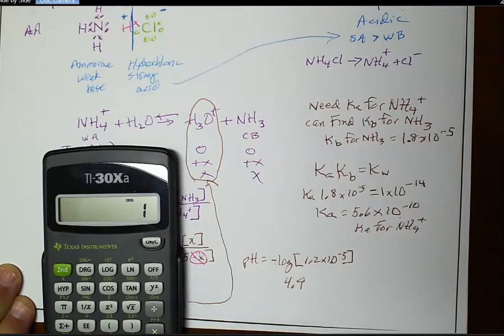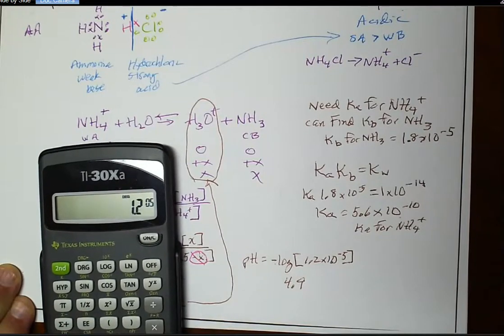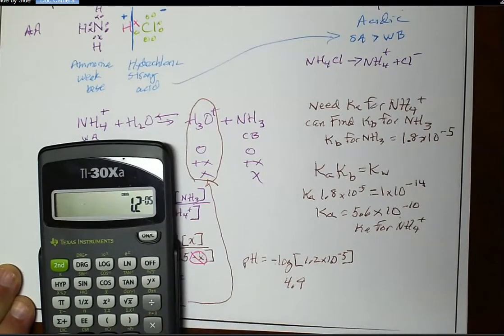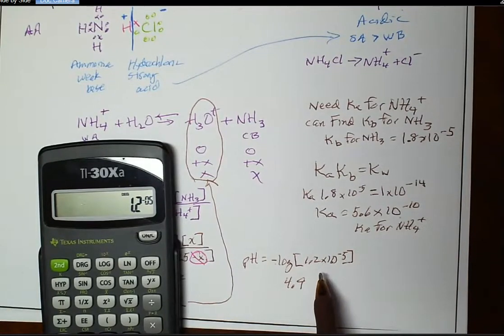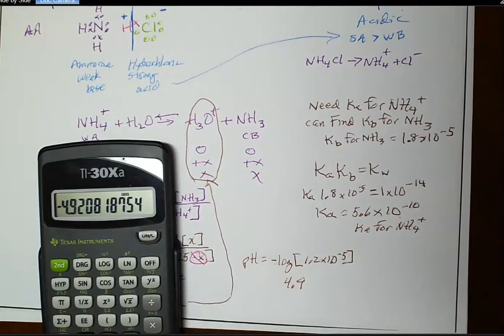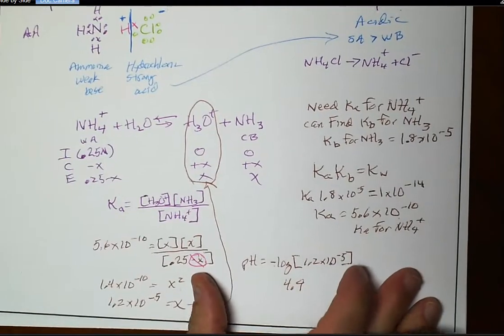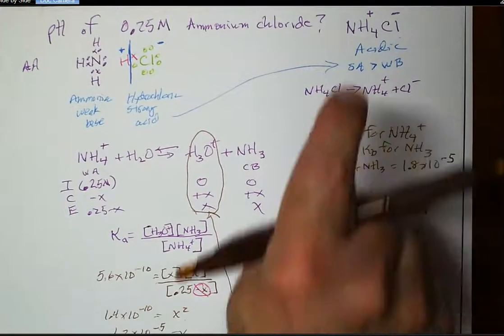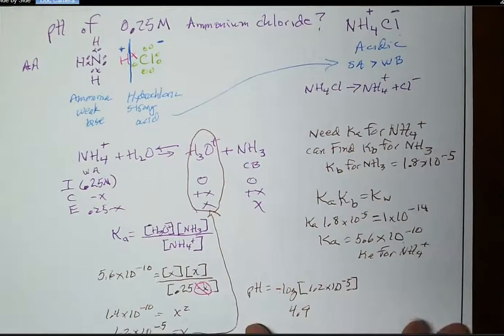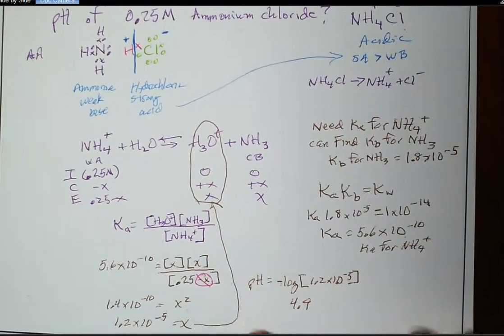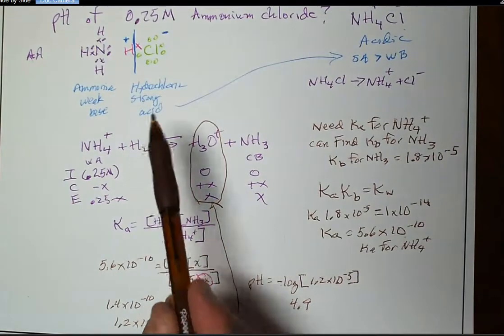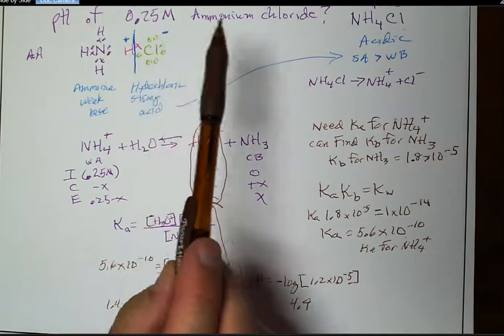What if we had 1.2 times 10 to the negative 5th? If we had taken that where I rounded it off and done the log of that, still get 4.9. See, it's not that different. Okay, so that's a good problem. And let's see, yeah, I can't get the whole thing on the page in the view at once. I guess that's got it. So there's a way to find the pH of